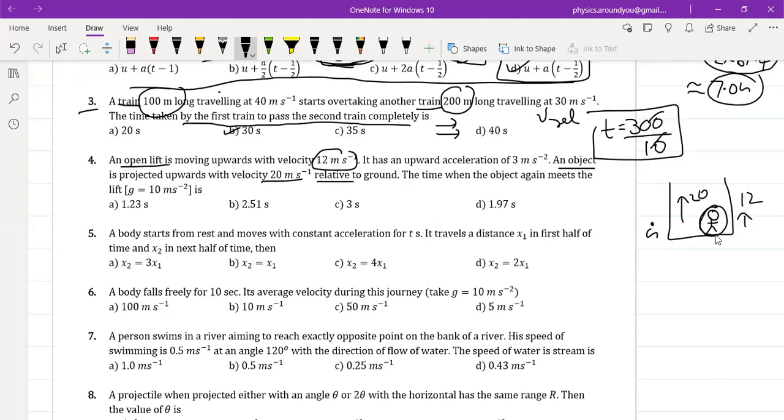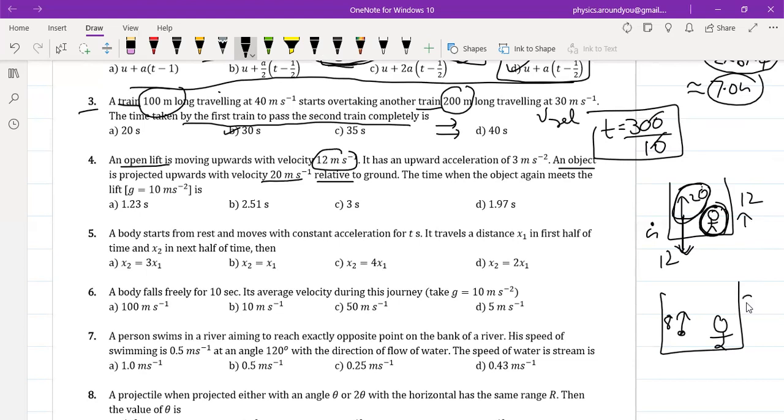So how would I see this object? Well, I am moving up at 12, so I would see this object have a downward component of 12 also. When I see the object with respect to ground, it has 20, but due to me seeing it, it has 12 in the opposite direction. So according to my perspective, the object will have an upward velocity of 8 meter per second. Not only that,